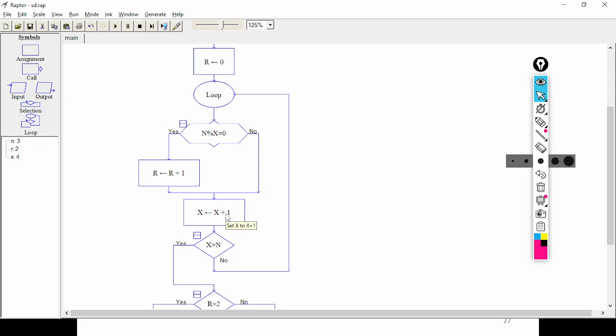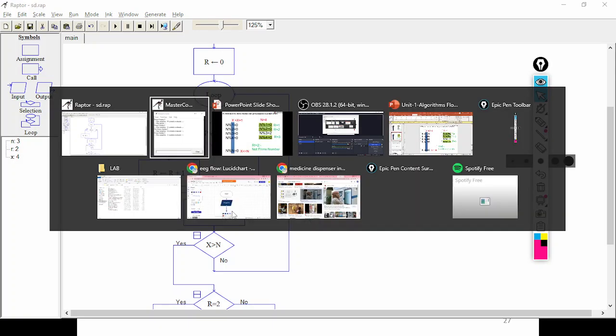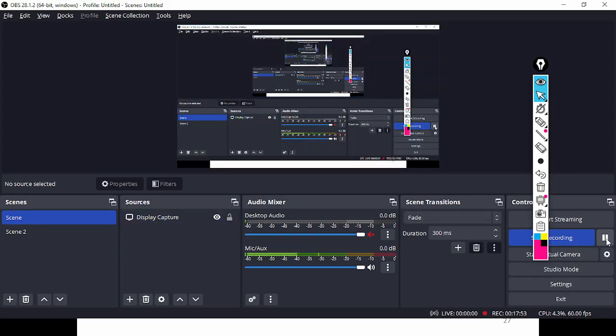You are doing increment after modulus. When you are doing increment after modulus, here x should be greater than n, not greater than n minus 1. Okay? You have to be careful about these iterations and where you are taking x increment. Okay? Hope you understood. If you have any further doubts, better you write all the iterations